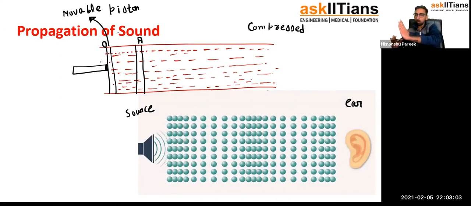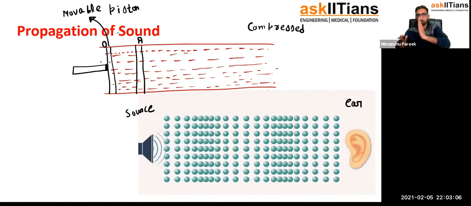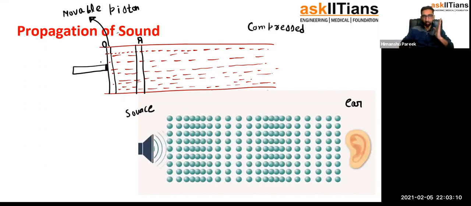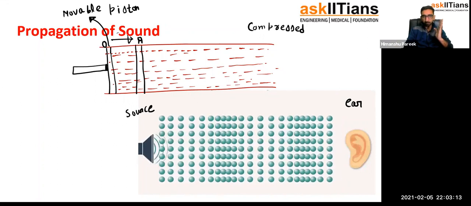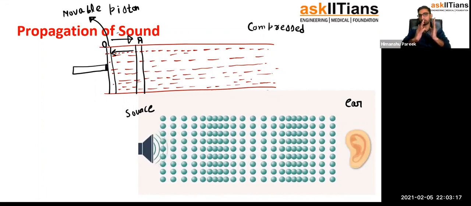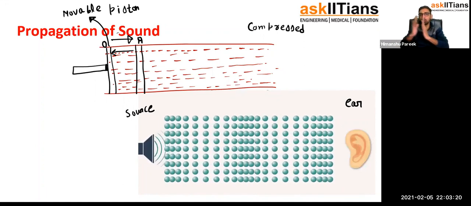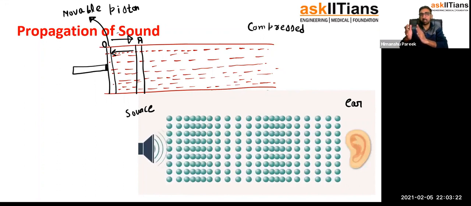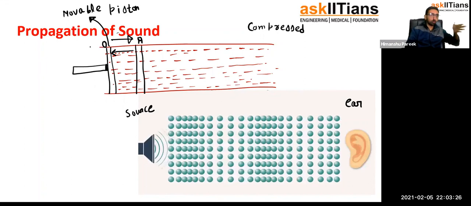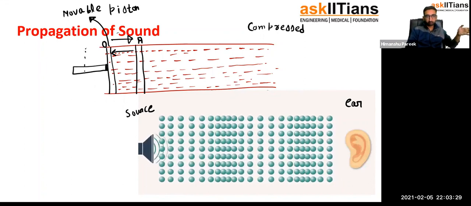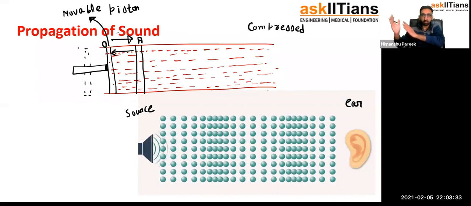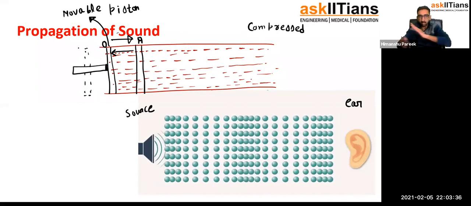And now you bring it back. So from O to A, it was a compression. And now you are bringing it back, and from A to O, still the gases are compressed. Now you take it backwards. Backward means beyond O, on the left side. So basically from O to A, you compress the gases. And now when you pull it outside,